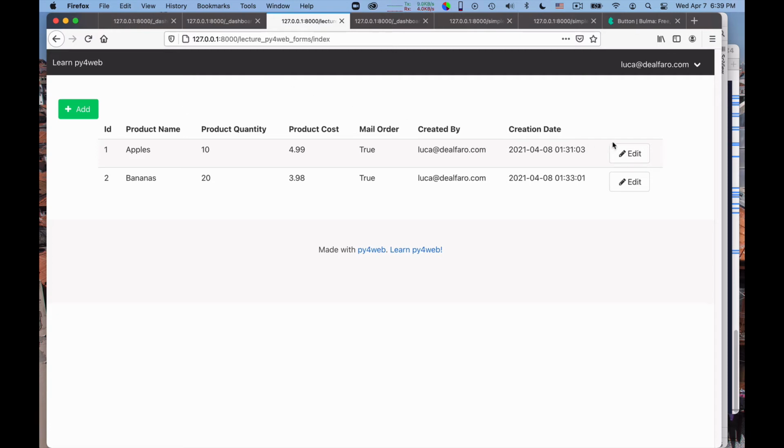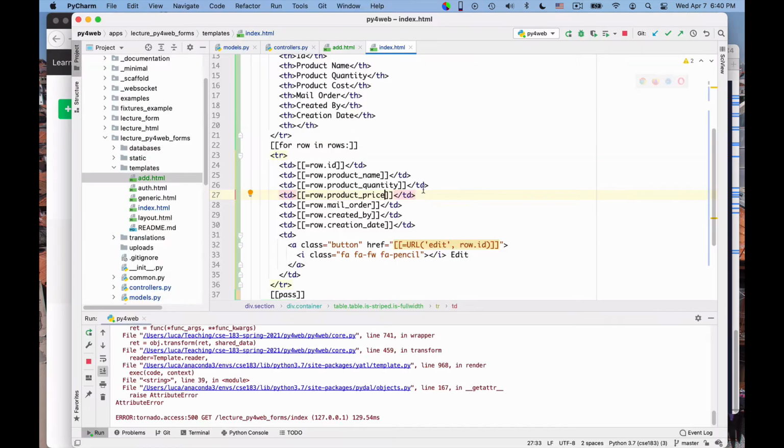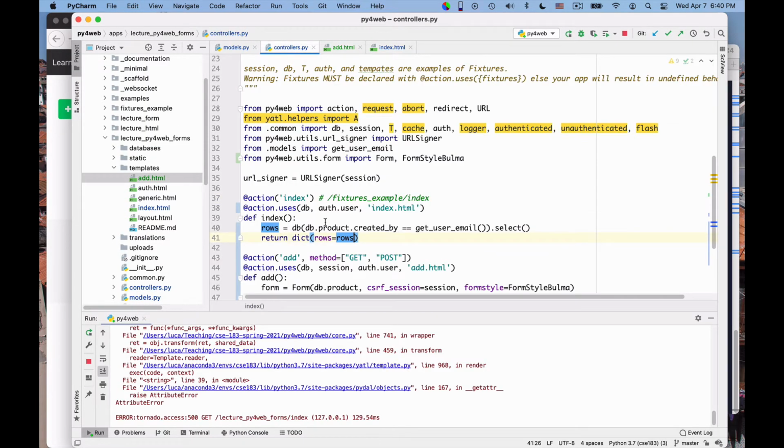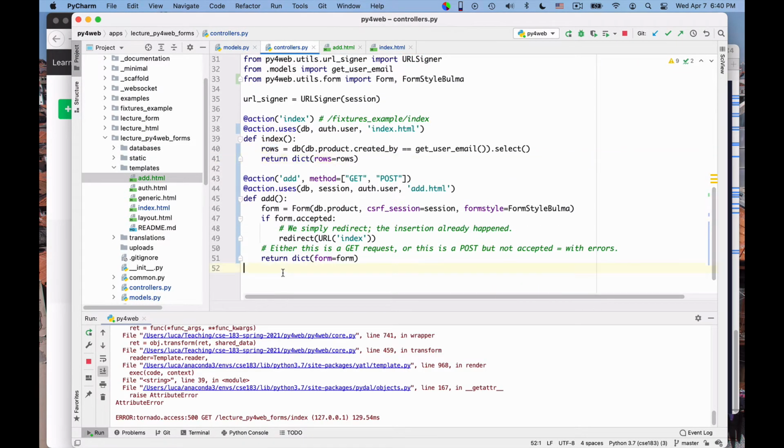So in order to do the next step, we need to make this edit button functional. Now the edit button is very interesting because, of course, here in the controllers, I will need an edit method, right? So I can start writing, in fact, already.